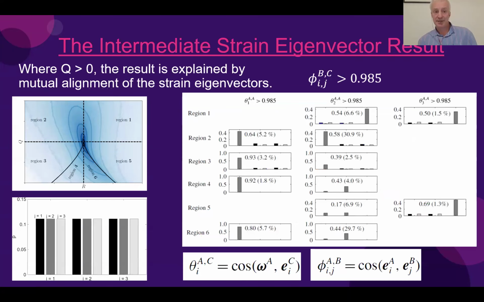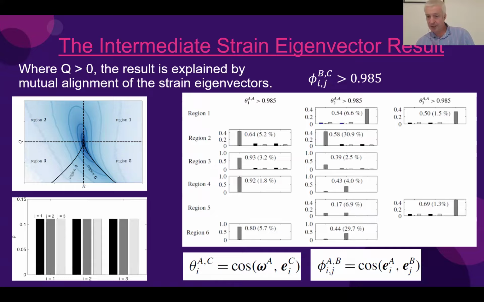And where Q is greater than 0, it comes about because of this strong mutual alignment of the strain eigenvectors. So on this diagram, what I've done to start off with is I've found all of the tensors where there's a strong alignment in the vorticities. So all the results are conditioned on that value being greater than 0.985. That means plus or minus 10 degrees perfect alignment is what that translates as. And you can see that in every single diagram that's shown here, the ones that have eliminated because they only constitute 0.7% of all the occurrences,